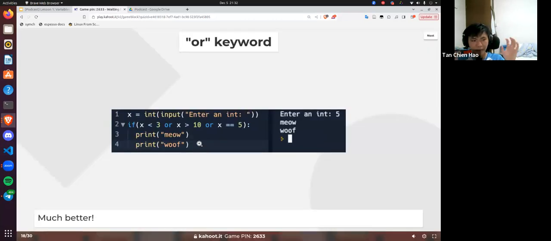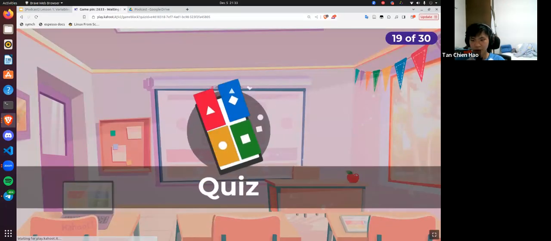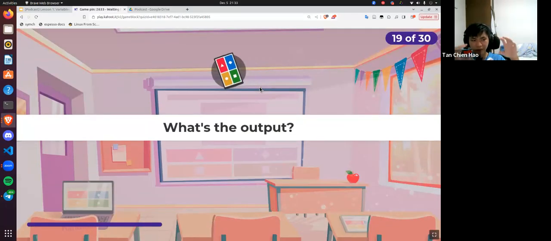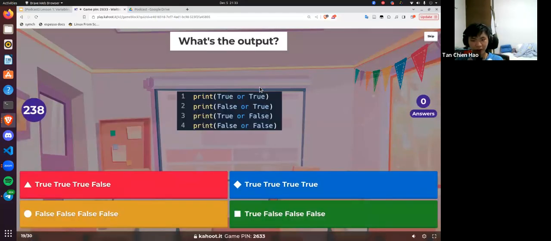Just like the and statement, the or statement is used to combine two composite conditionals into a bigger conditional. And in this case, the combined conditional is true if either one of the individual conditionals is true, as long as one of them is true. So just like in the previous slide, where I showed you the truth table for and,